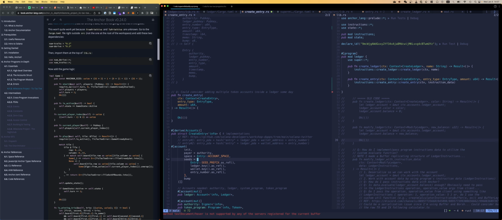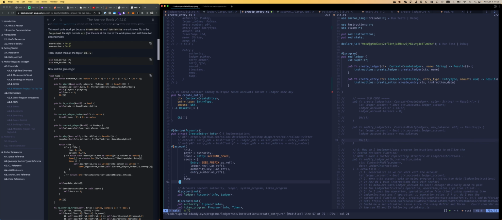The prefix will be entry, oh yeah, we are going to be using the ledger key. The wallet key, no, we're going to call that authority. And then the last bit will be entry number. Wow, GitHub Copilot. And then of course you have to pass the bump